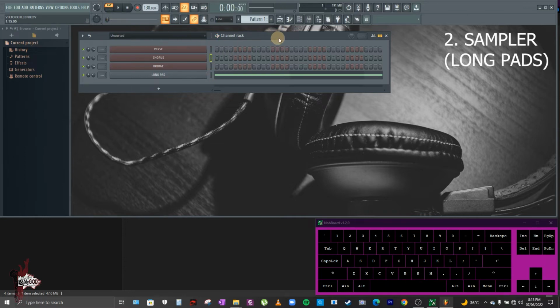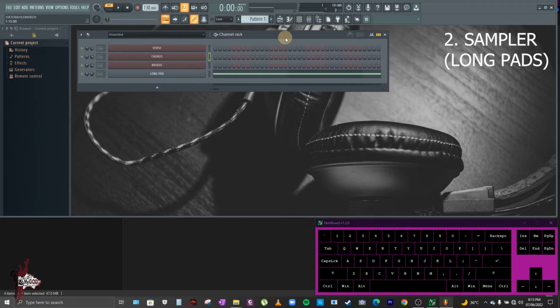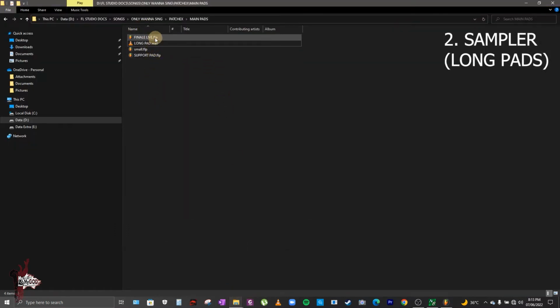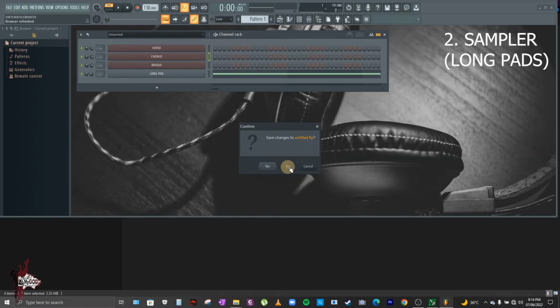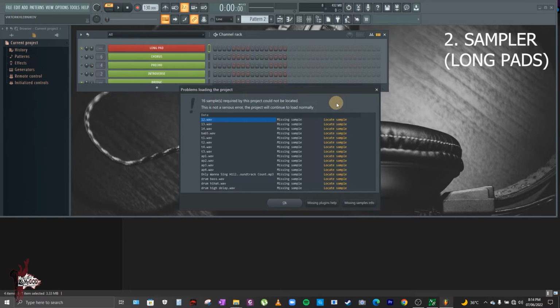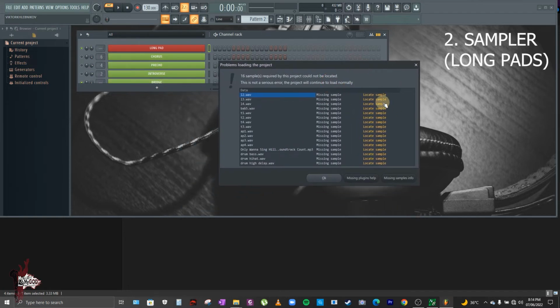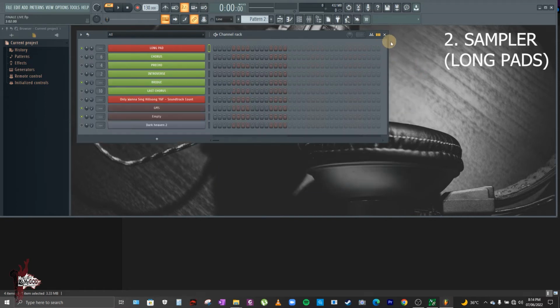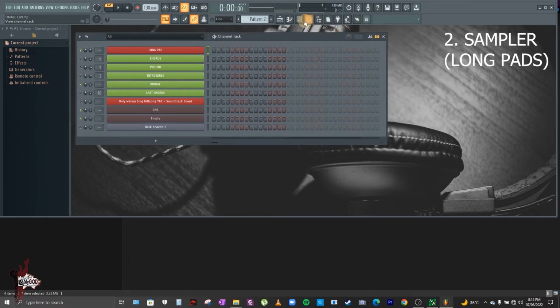To better illustrate this, I have an example here that I have already made before. Let's just open that file. This is the same song, which is Only Wanna Sing, and we're going to use this one. Just open this file, don't save, and let's wait for a moment to open the file. Now there's a pop-up, and what you need to do when this appears, just disregard, click X.